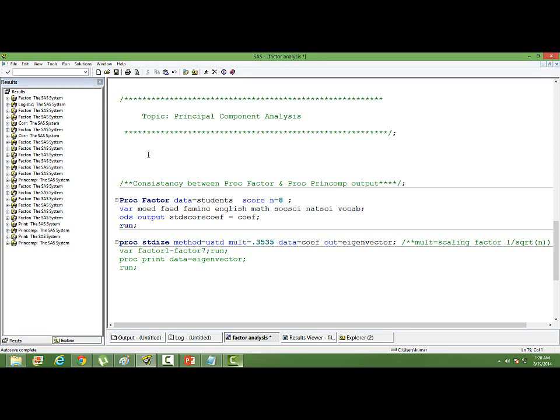We group variables and we name the group. So when we build the model, we are concerned about the coefficient of that factor in the predictive model. In principal component analysis, we don't really care about the grouping much, although we can,